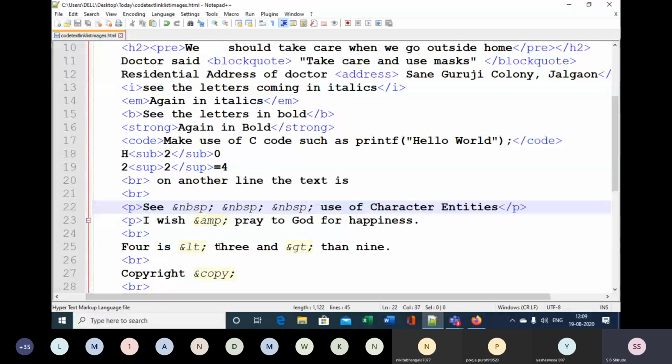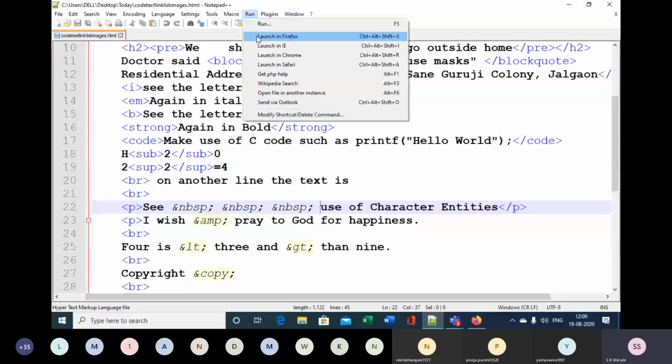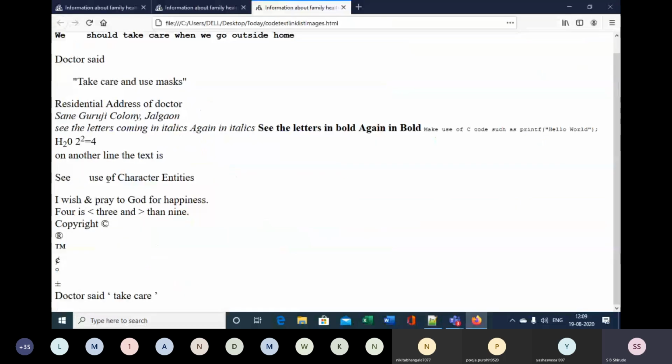See the output over here. See the use of character entity. See here, some space is inserted in between C and use. And this is due to that ampersand NBSP. So if you want to insert some space in between some letters or somewhere in between the elements, you can do it by using non-breaking space symbols, NBSP.